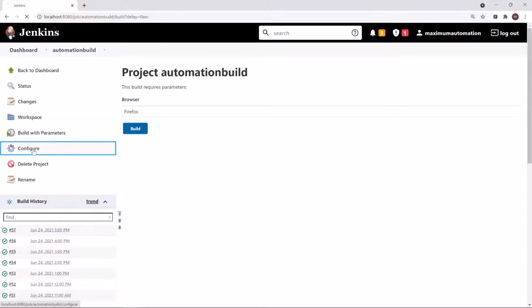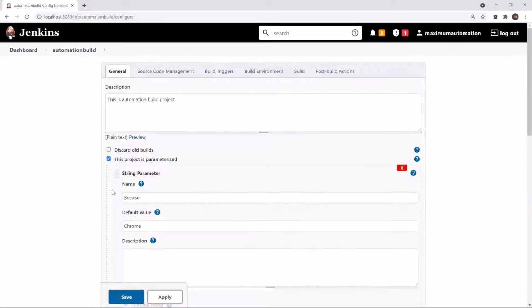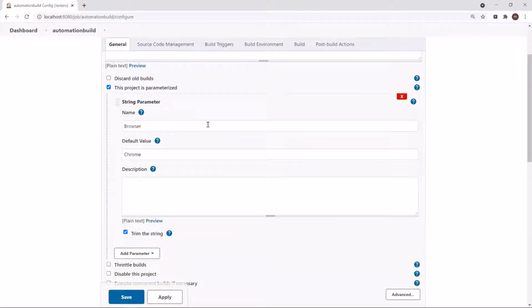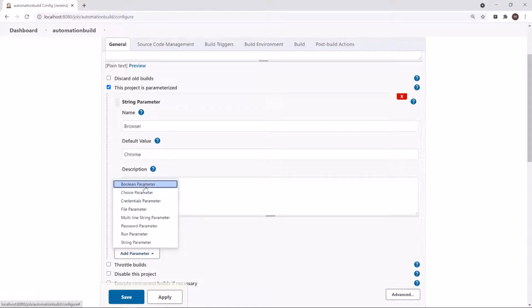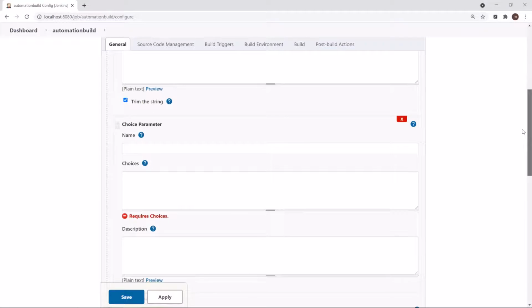Let's say that you want to give the user choices to select an item from a list. In this case, you want to provide the list of browsers on which the test can be executed. Then instead of a string parameter, you can create a choice parameter. Click on Add Parameter and then select choice parameter.